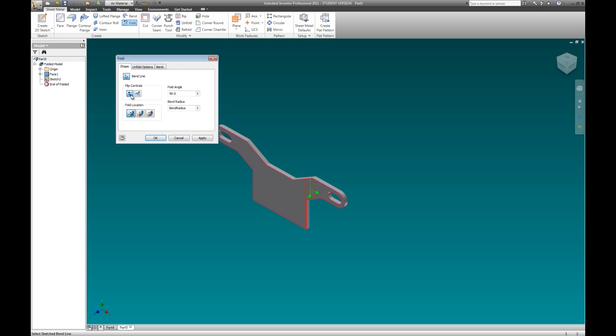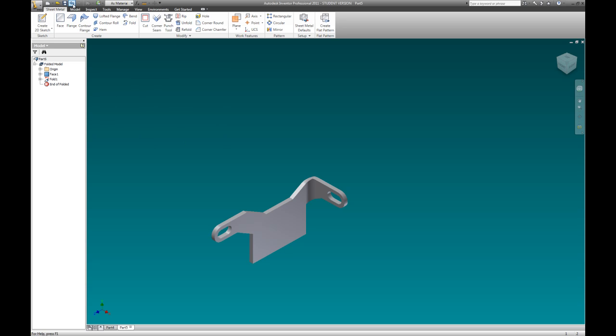So if I flip this back and forth, you can see which way it's going to flow. So in this case, the body would fold towards us. Let's see what happens. See how that went? So I'm going to cancel that now and actually back up. So let's go to fold again,